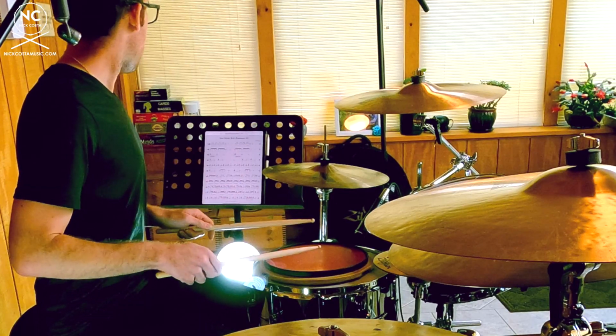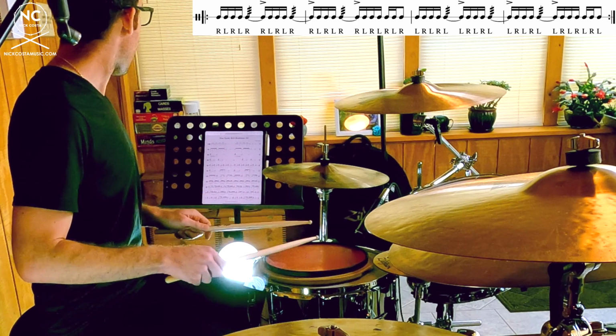Starting with your left hand, continue to alternate for those 16th notes on beat 1. Play another left-handed 9-stroke roll on beat 2. And then again, starting with your left hand, continue to alternate for the remainder of that fourth measure. Here we go. Click's going back on. Play along with me. 1, 2, ready, and...